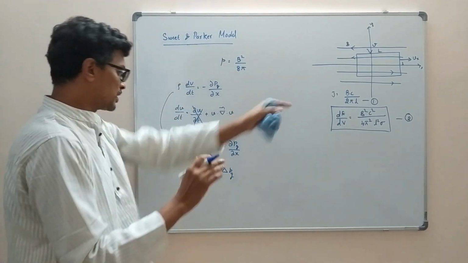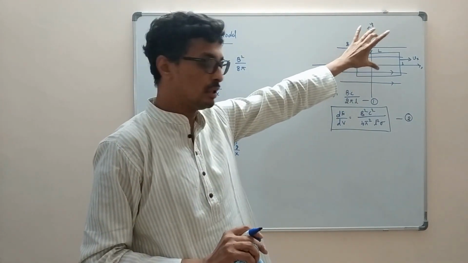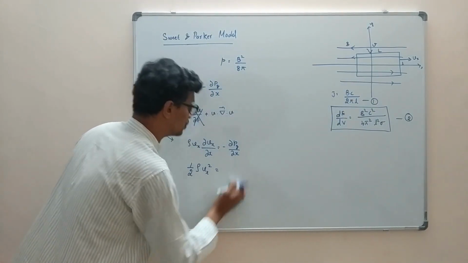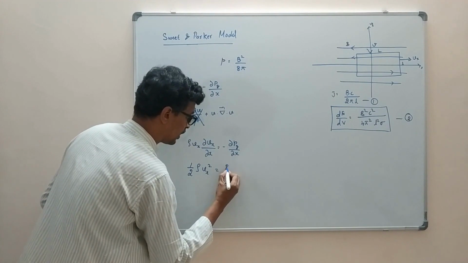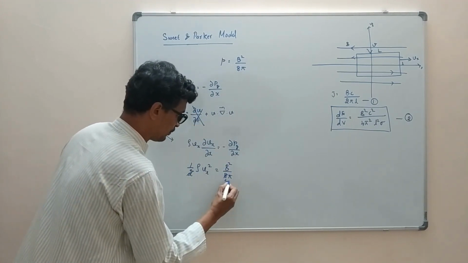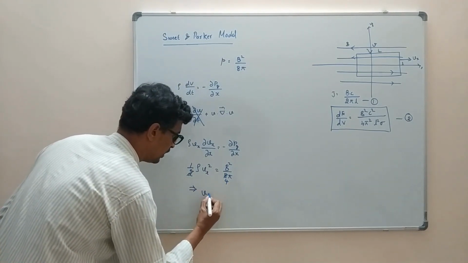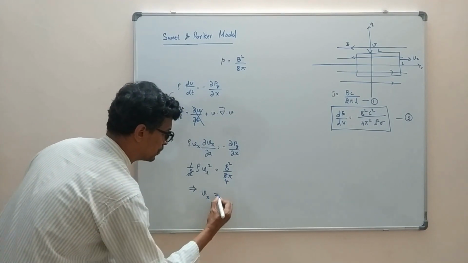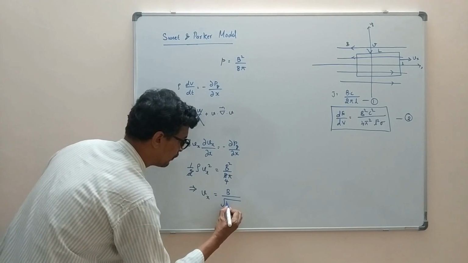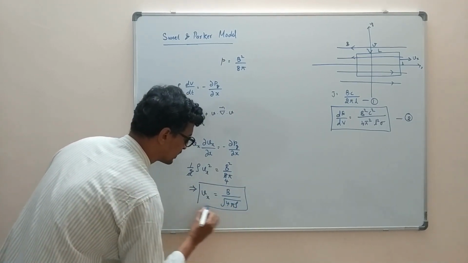Now this pressure difference should be balanced by the magnetic pressure above and below the neutral sheet. So this should be equal to B squared divided by 8 pi. Let this be 4. Therefore, Vx is equal to B divided by the square root of 4 pi rho,